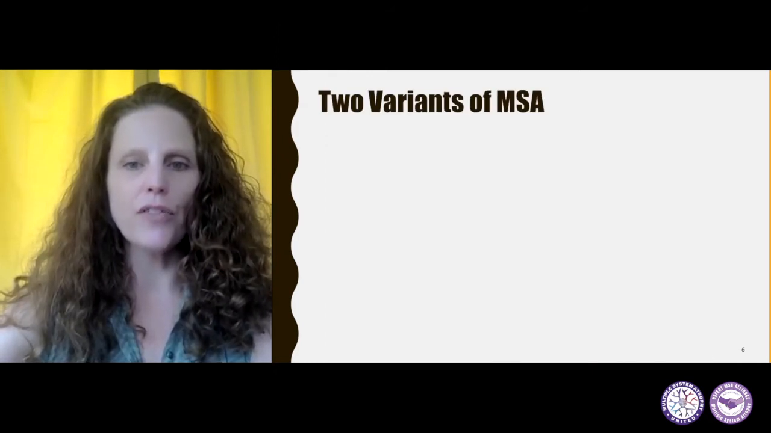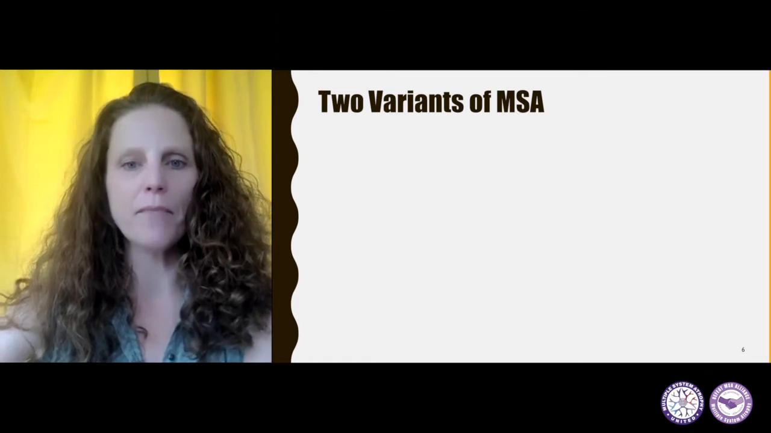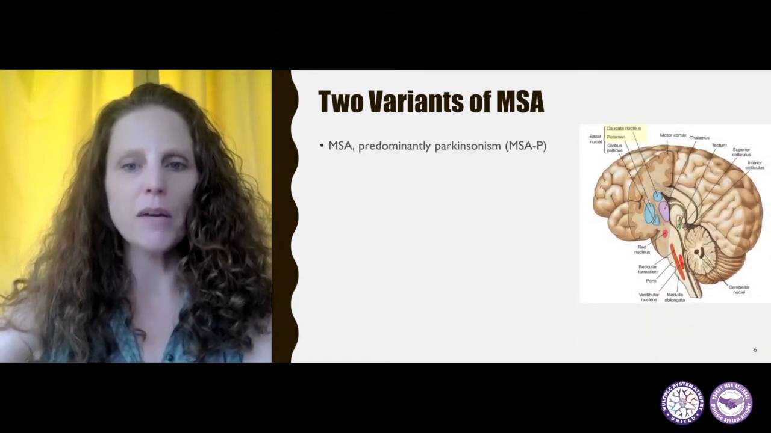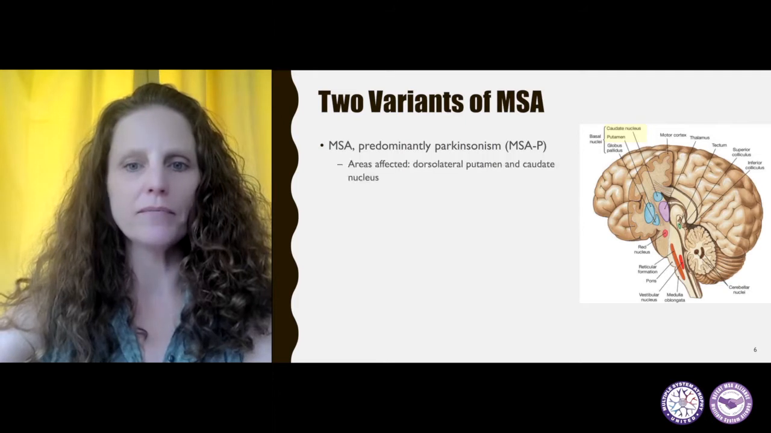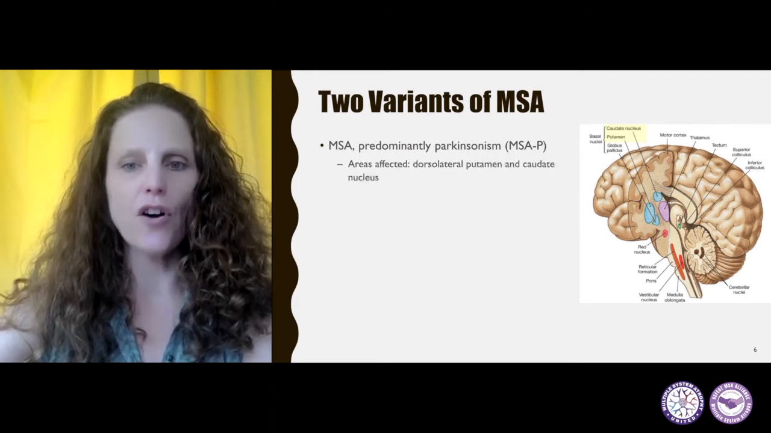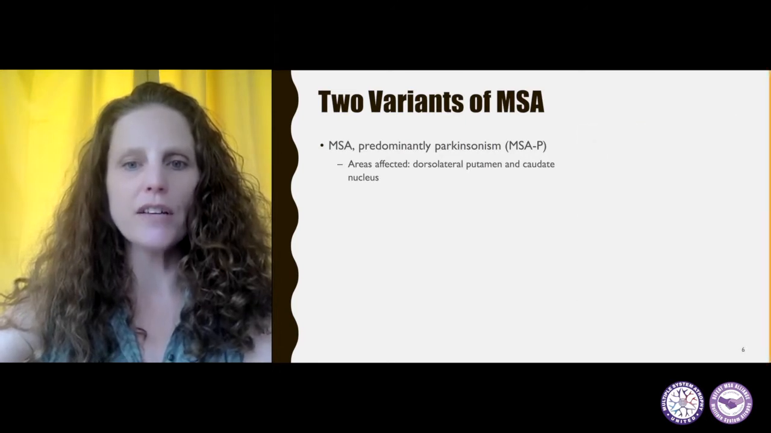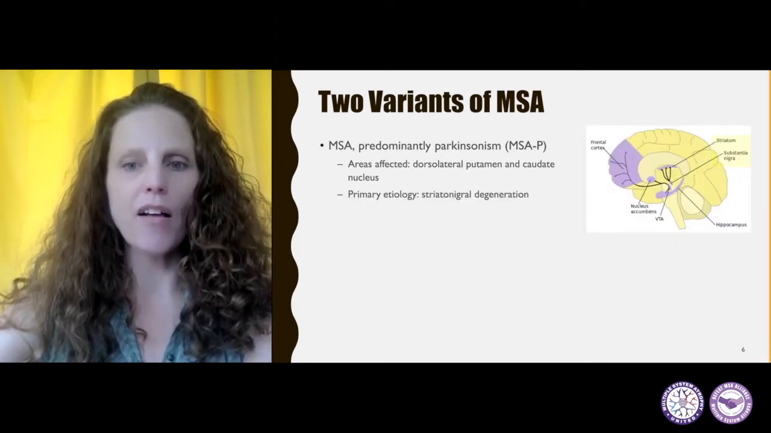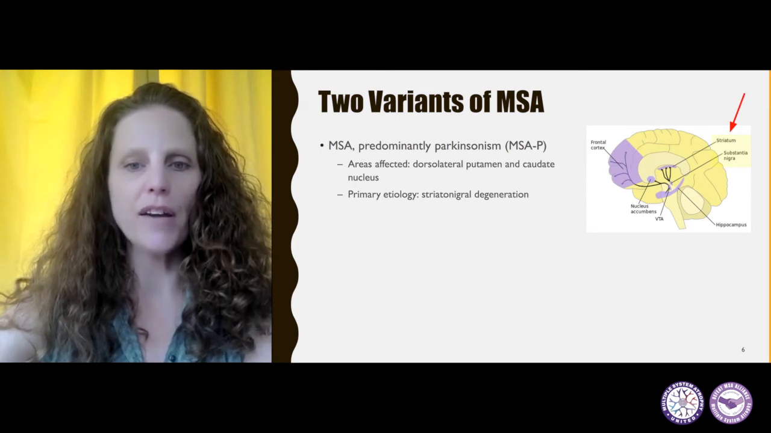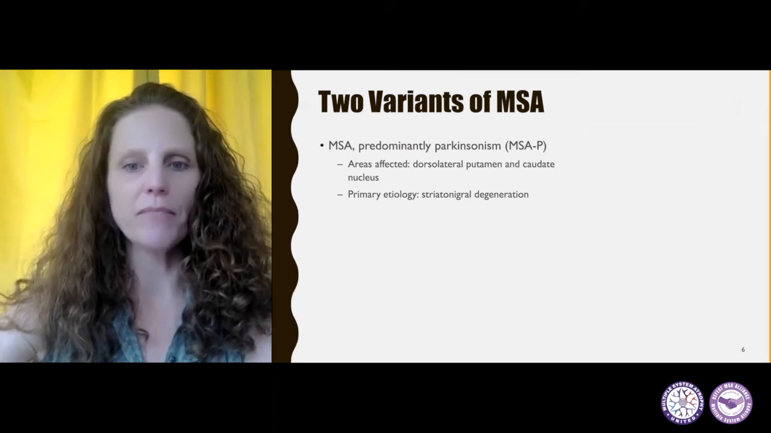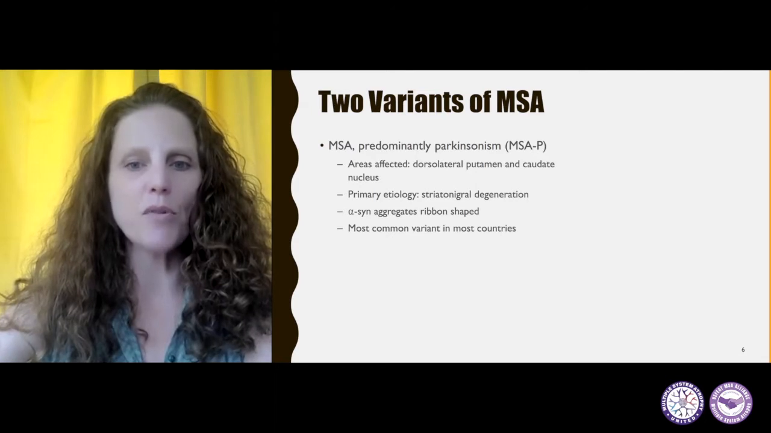As alluded to earlier, there are 2 common variants of MSA. In MSA predominantly Parkinsonism, or MSA-P, the areas of the brain affected are usually the dorsal lateral putamen and caudate nucleus. And the primary etiology is striatonigral degeneration, that is disruption in the connection between the 2 areas of the brain, the striatum and the substantia nigra. In MSA-P, the alpha-synuclein aggregates have been seen to be more ribbon-shaped,